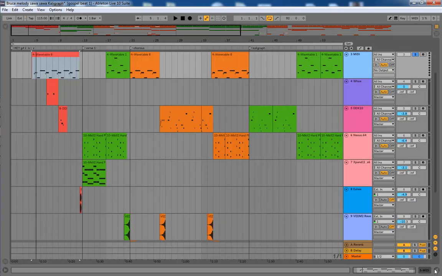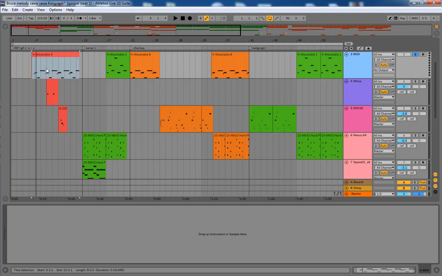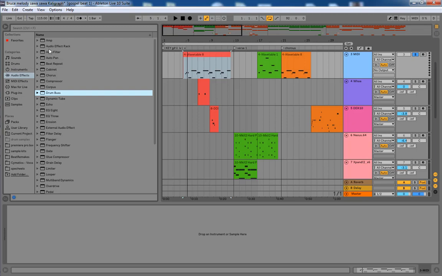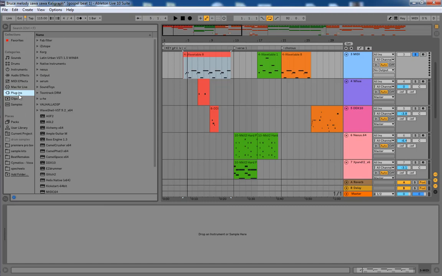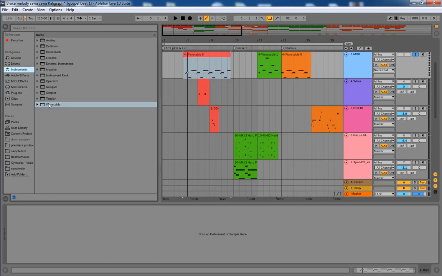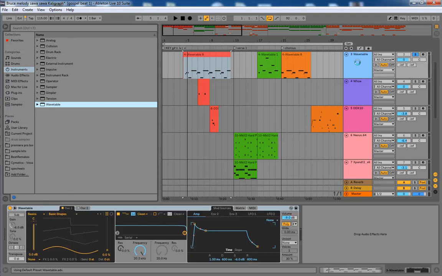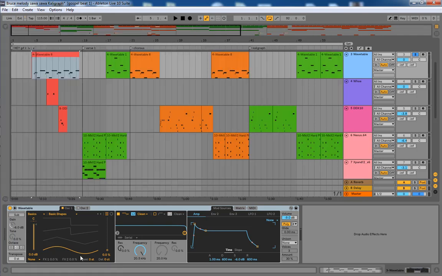Okay, now for this wrist bass, I'm going to design a wrist bass, and I'll explain all the steps that I used. So here I'm going to find a wavetable, and then I will drop it in that track, and then I'm going to design that sound. For the wrist bass, I will start with this first oscillator, and I'm going to have it at the triangle wave,